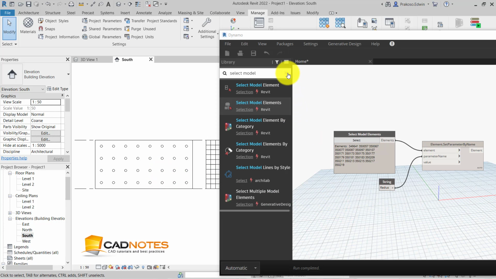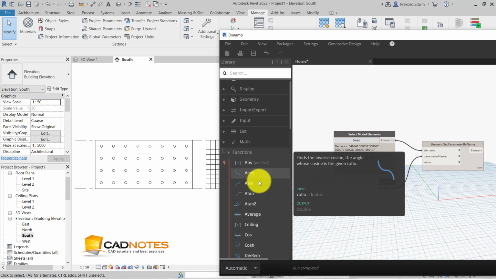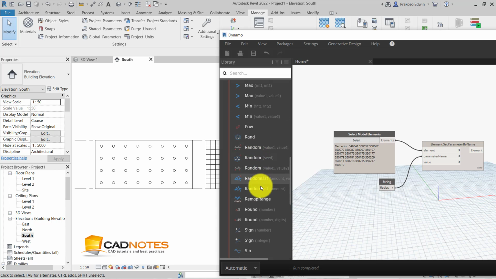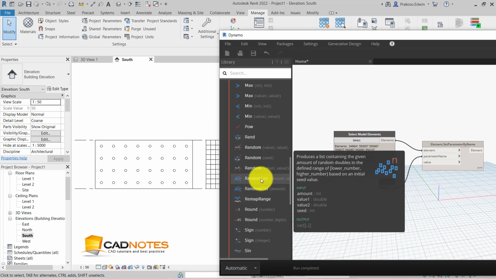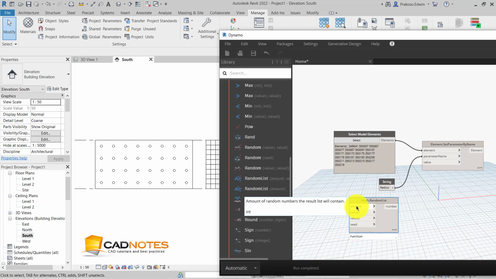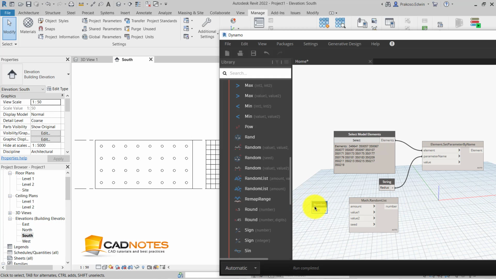So let's go to the map function. We have several random generators here. This is what we want: the random list. We want to modify all 32 radii at once, so the amount of items is 32.